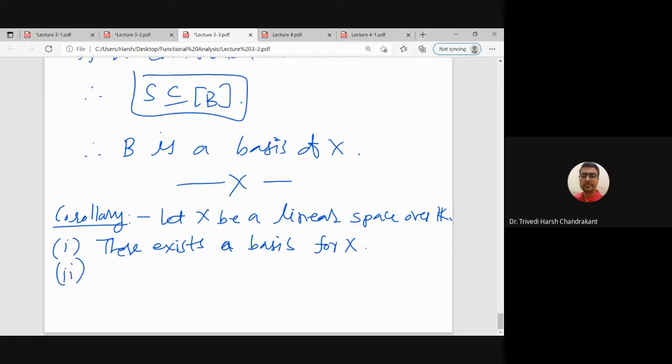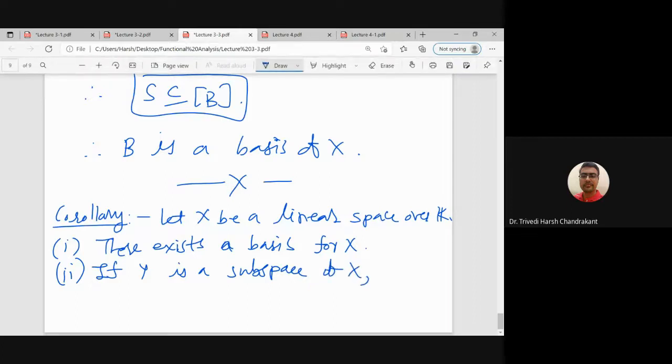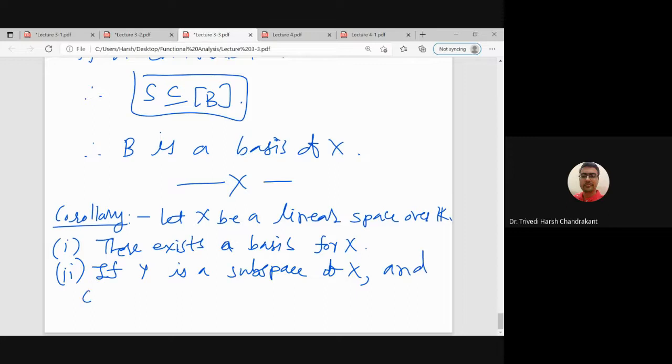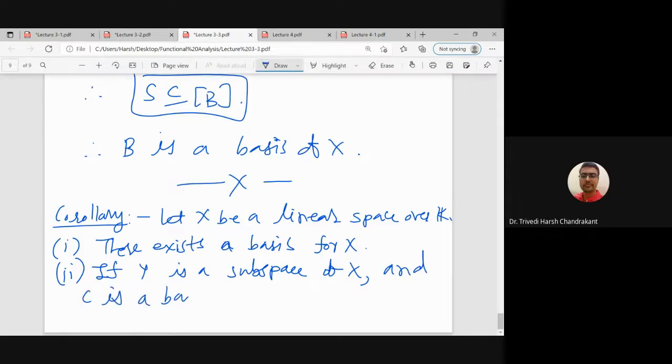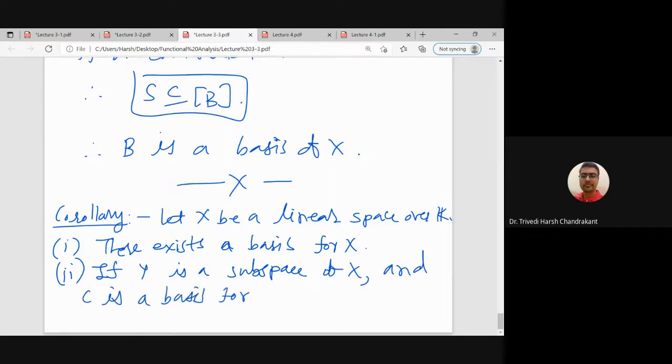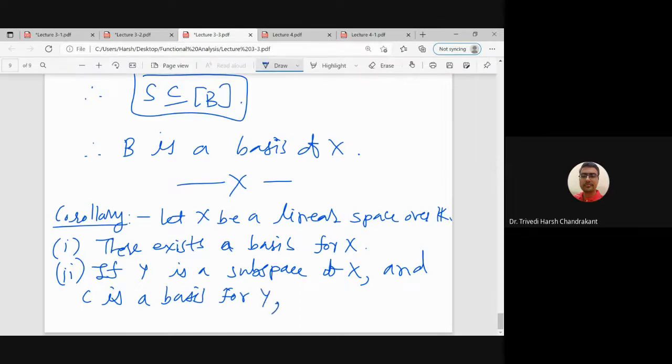The second result we want to show is that if Y is a subspace of X, and C is a basis for Y, right? C is the basis for the subspace, then